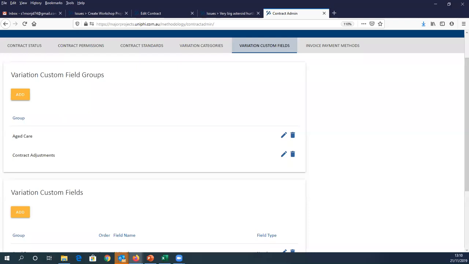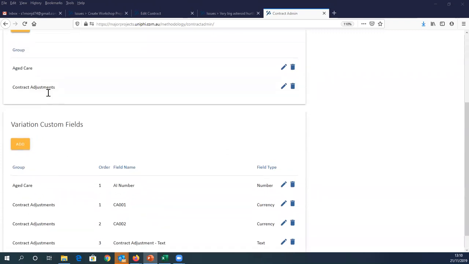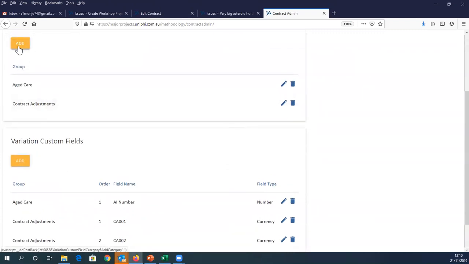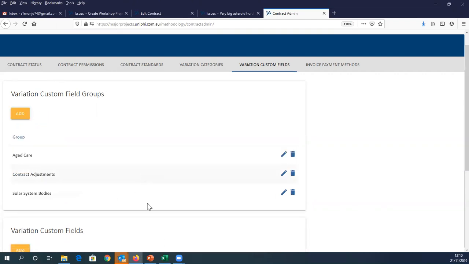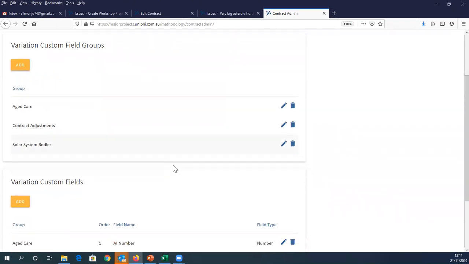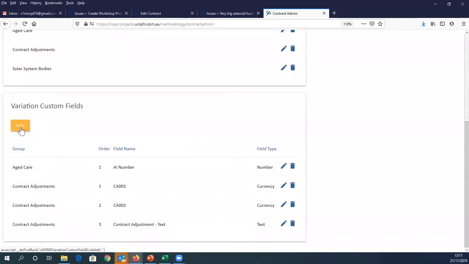So in our case, we've created a group called contract adjustments. So Simon, would you like to just quickly make up another group and we'll show how that works? I'm sure you probably all know how to do this already, but never hurts to have a refresher. Oh, I love it. Solar system bodies, that's great. So now when we go down and create our variation custom fields, we can add